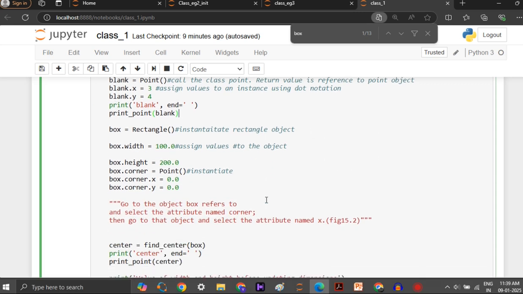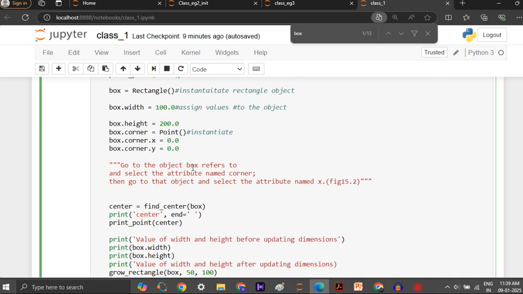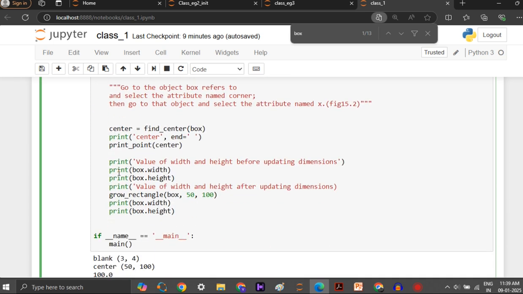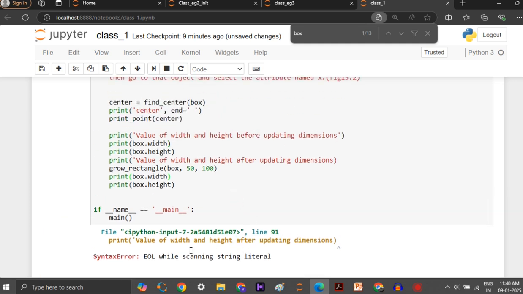If you see in the program we have done modifications to the objects. For example, in the main program we are displaying the width and height of the rectangle, and then we have called the grow_rectangle function. The function's purpose is to change the width and the height. In this function we have added 50 and 100 to the height and width respectively. So this is the value we are going to get after updating the dimension. So if we execute, you can see here